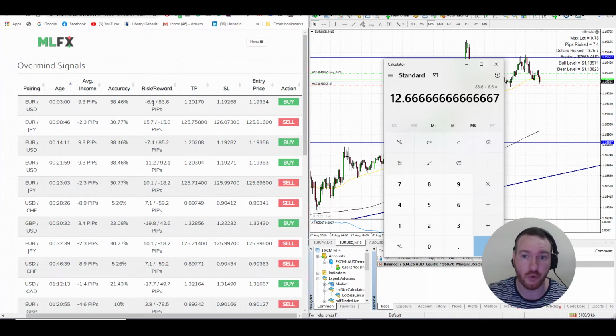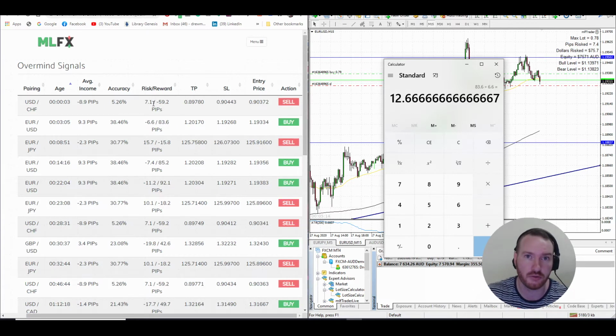You would be looking at a 1 to 12.66 return, right? So if you risked 1% of your account, you would return, if you won, 12.6%, which is a healthy return, right? And in fact, it is probably greater than I would like, which sounds odd, I know, but bear with me,